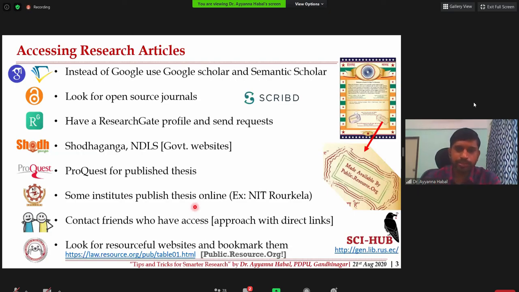And one more thing is, feel free to contact your friends who have access to published literature. For example, some of your friends might be in reputed institutes that have access to many subscription-based journals. Feel free to contact them. It is not like simply giving a title and asking them to get the paper. Instead, list the papers.